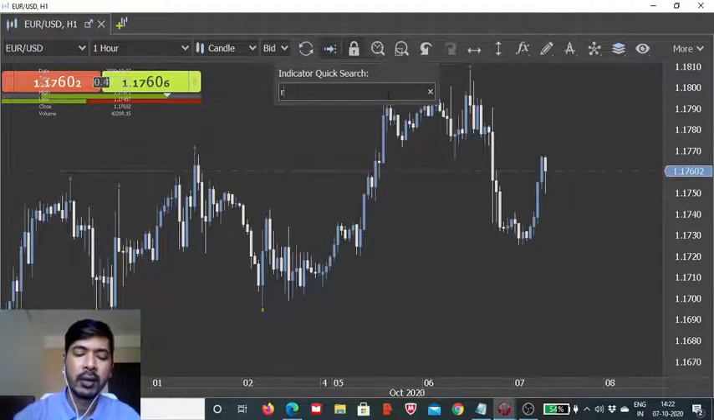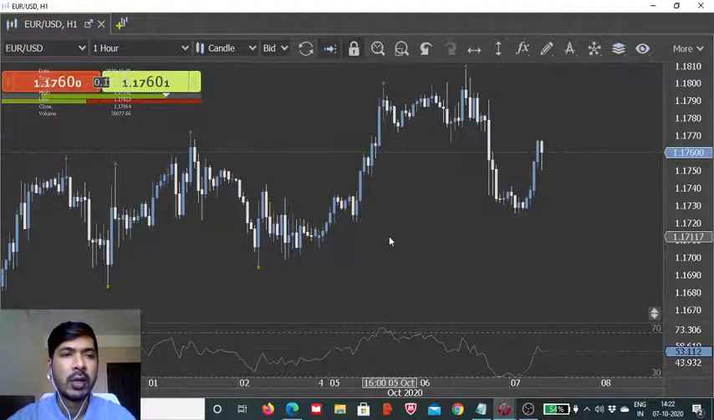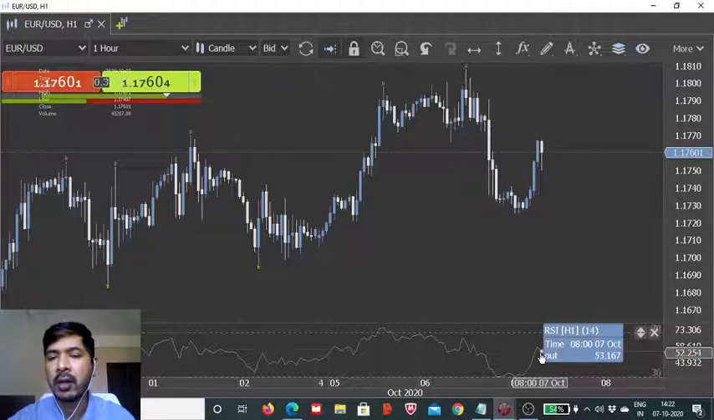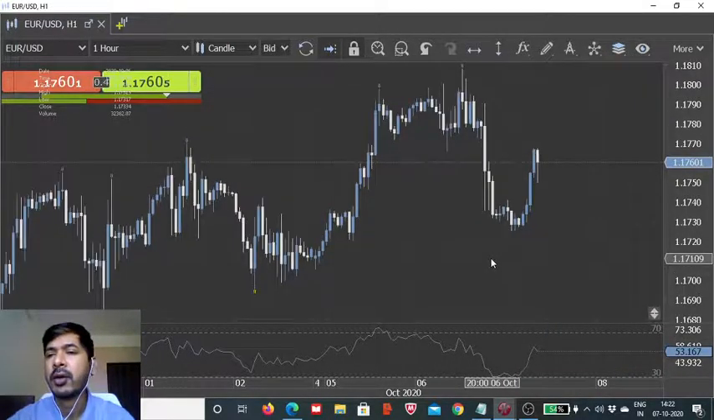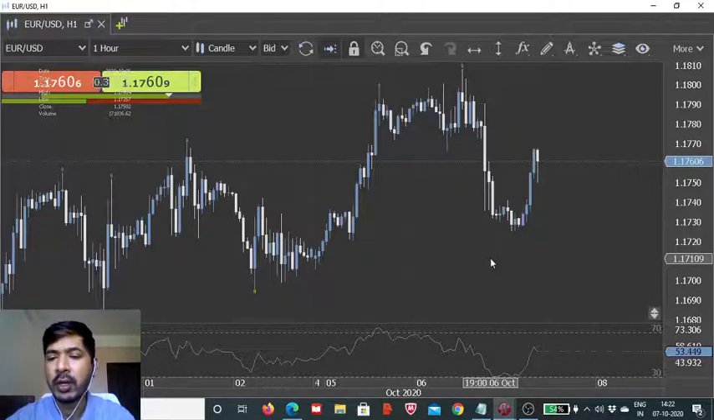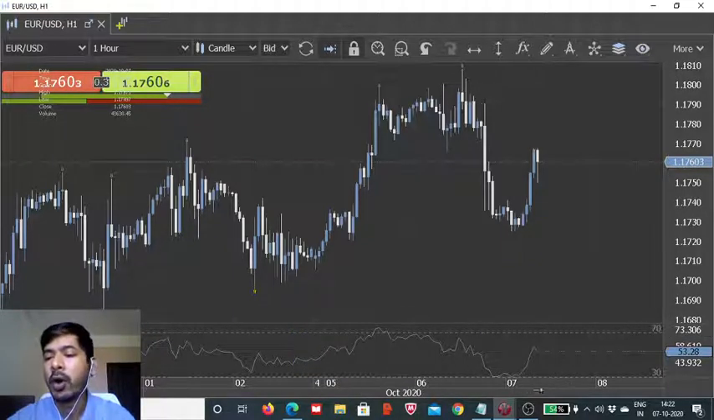Let us add the RSI on the chart. This is the EUR/USD hourly chart, and I have added the RSI indicator on this Visual JForex platform. Now you might be aware that this indicator helps us determine the trend as well as the strength of the trend, and also we can use it to trade the contra trend by using the overbought and oversold